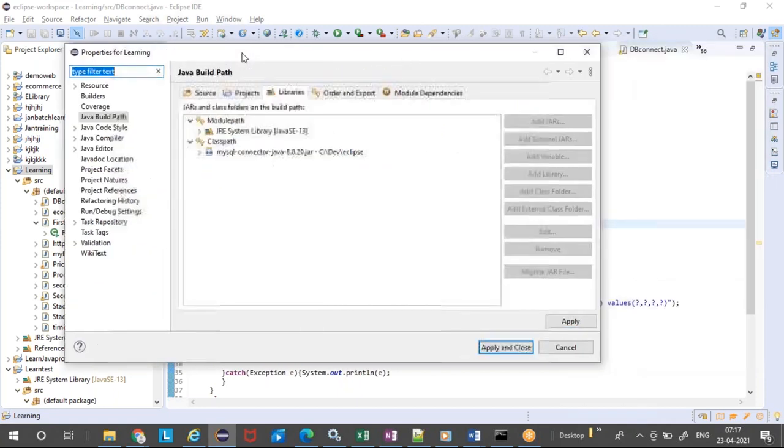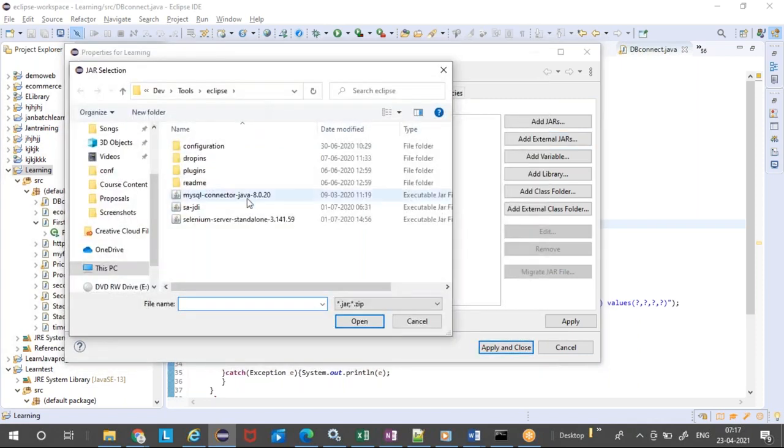So for any external jar file, any file which you download from the internet, or get from your other teams, or say you are going to create a jar file which can be used by other teams, they will also do the same thing. They will come to their project and go to the configure build path. Under the libraries, we just need to add the external jar file. In my case, I have just downloaded this and am adding it.